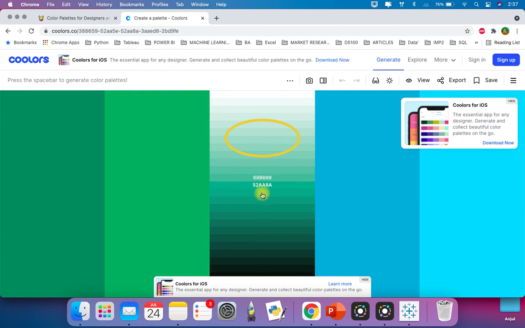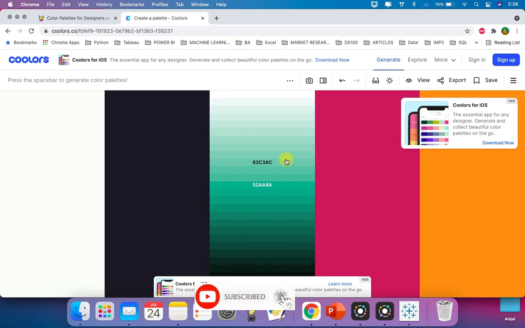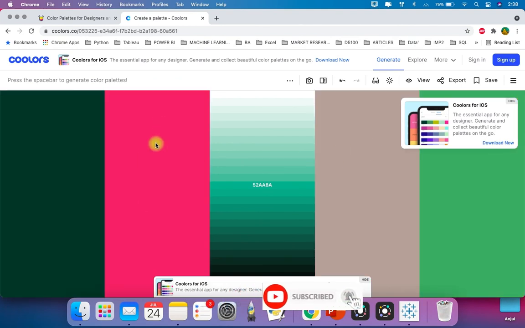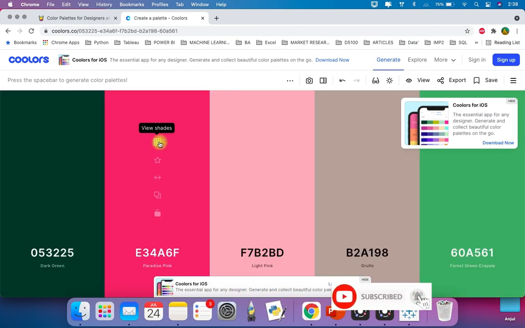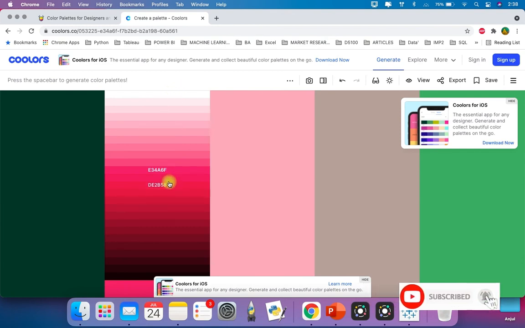Now you will see that there are so many shades of one particular color, and you can get the codes of all these colors over here. By pressing the spacebar, you can change the colors and see whichever is your choice of color. You can just go there and get the hexadecimal codes for all of these.